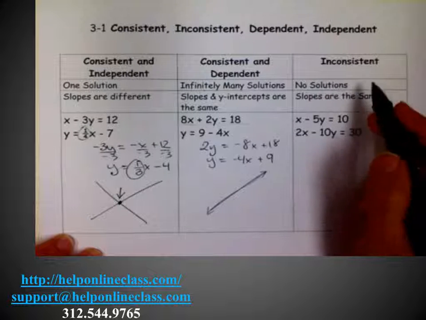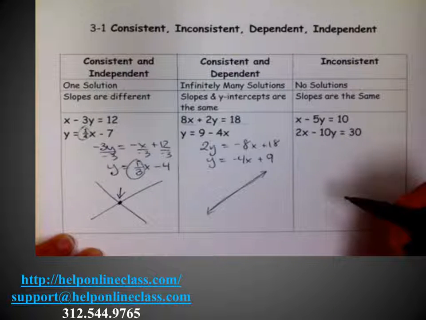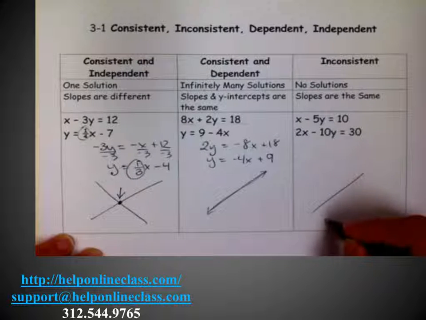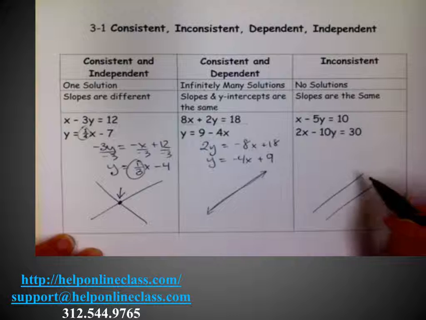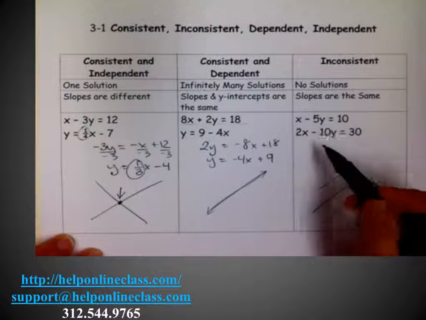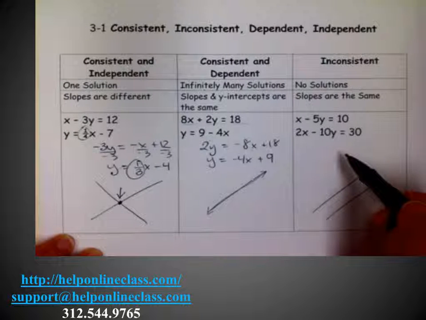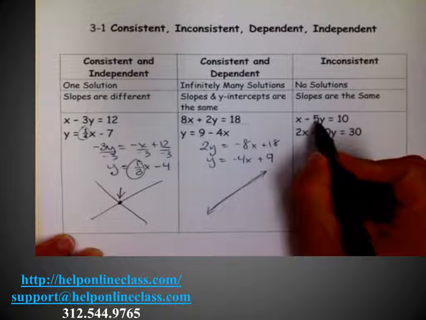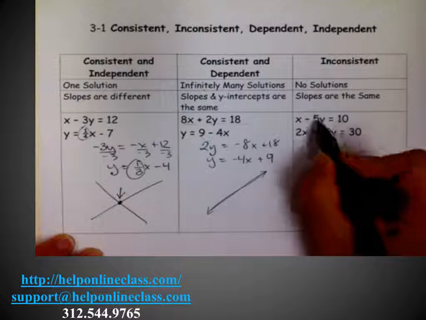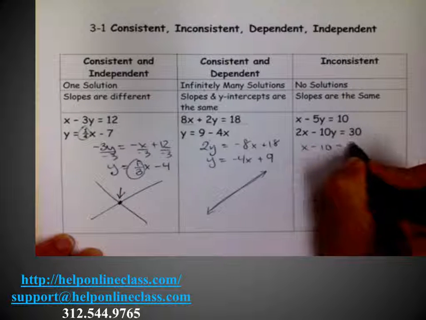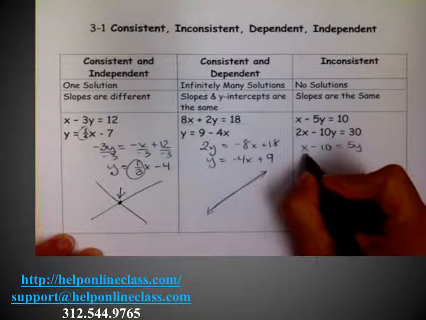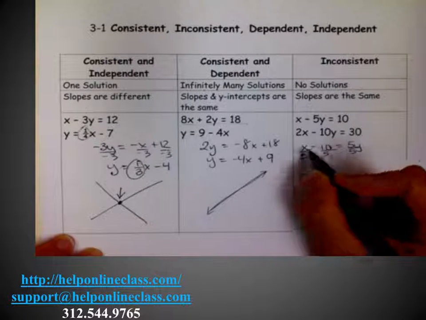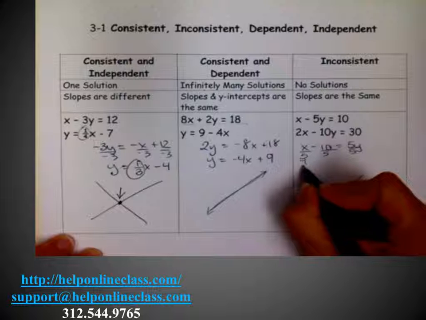Now onto this one. If it's inconsistent, it has no solutions. Well, the only way that you can graph two lines that will never intersect is if you have parallel lines. So it's going to look something like that. But you can tell if they have the same slopes. Notice neither one of these are in slope-intercept form. So we can get them that way. And this one, if we move the 5y over there and the 10 over here, it might be easier. And then if we divide by 5, we get 1/5 as our slope, and our y-intercept is negative 2.